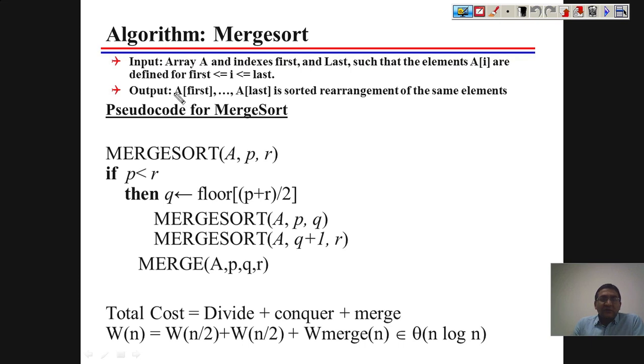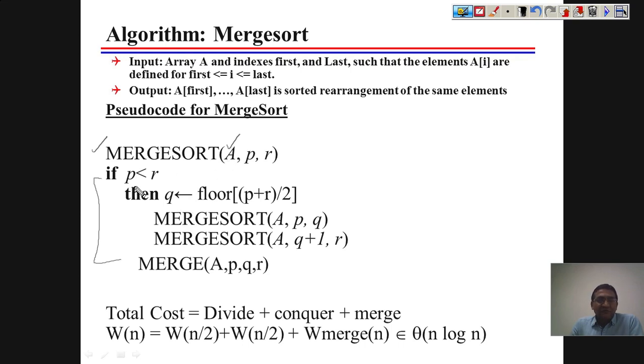So here let us talk about the logic of merge sort, or you can say how to write the algorithm for merge sort. This is the algorithm of merge sort. Here we need to provide an array of the elements that we are interested in sorting. P and R refer to the first and last index. So there are only 4 steps that we are doing in this merge sort. It resembles quick sort in terms of the pseudo code, but the working behavior is very much different. So we'll see how it works.